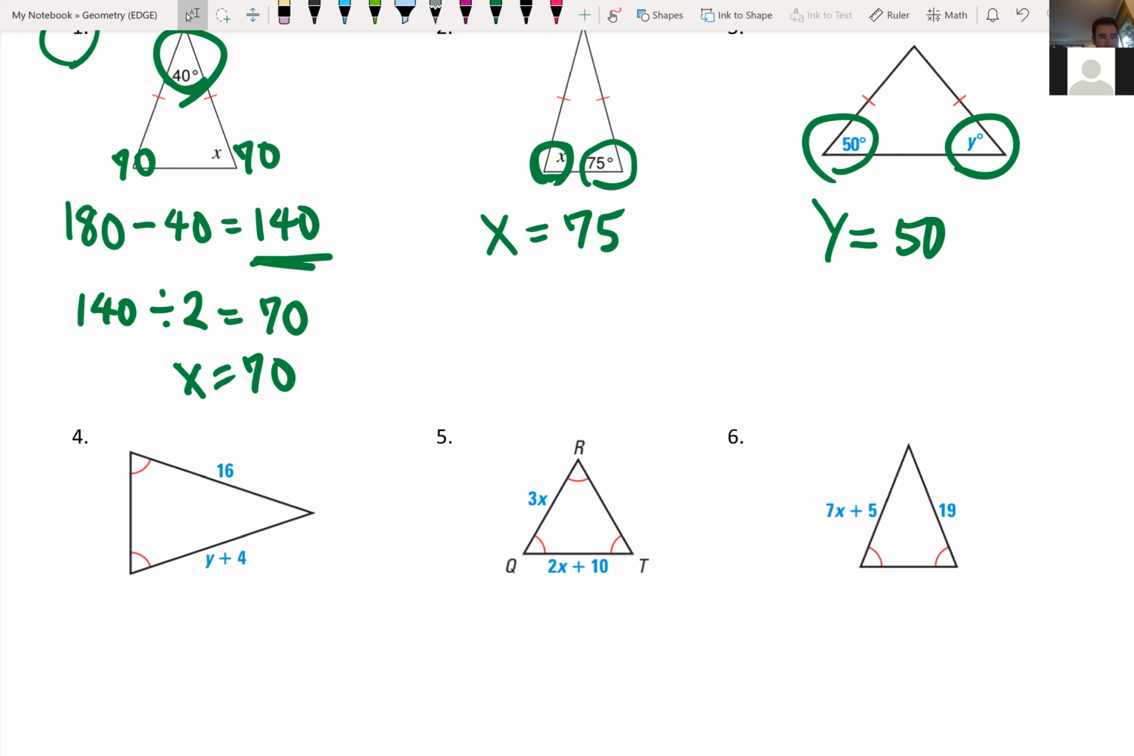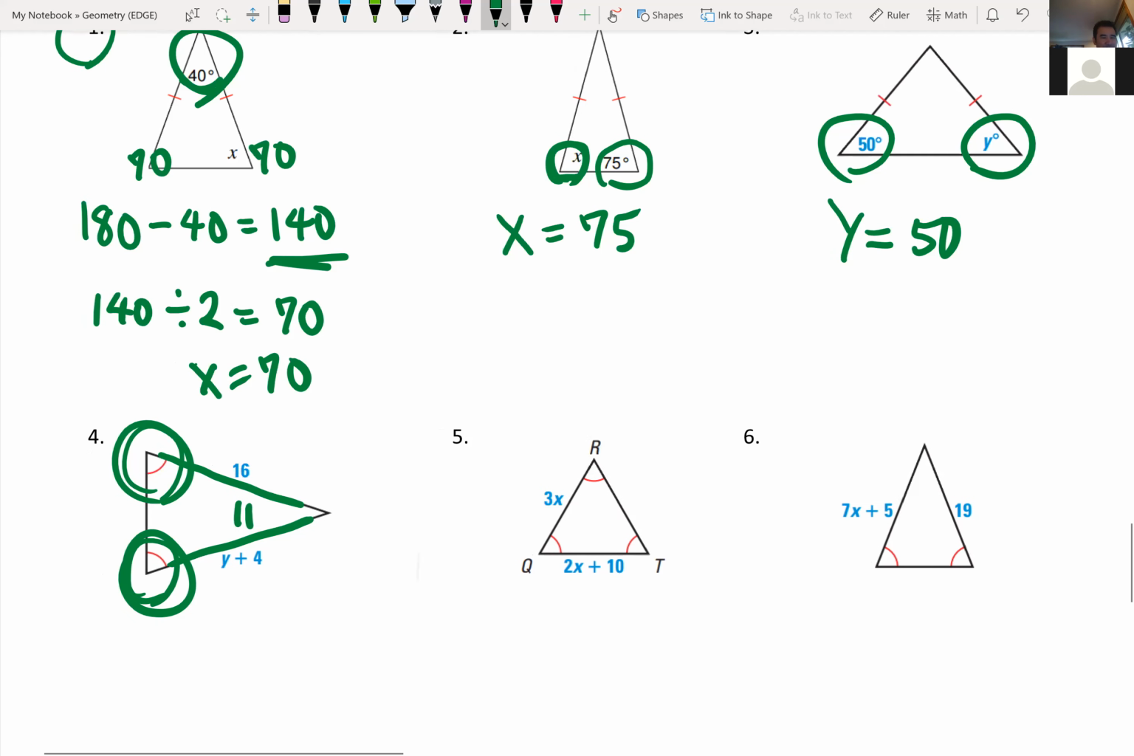Okay, let's go over. This is again an isosceles triangle. Isosceles triangle on its side. Yeah, it's sideways. That means these are the bottom angles, right? Those are bottom angles, and these two sides are equal to each other. So